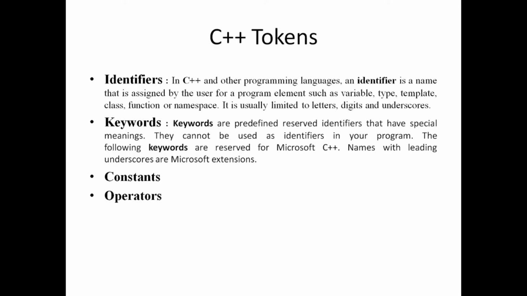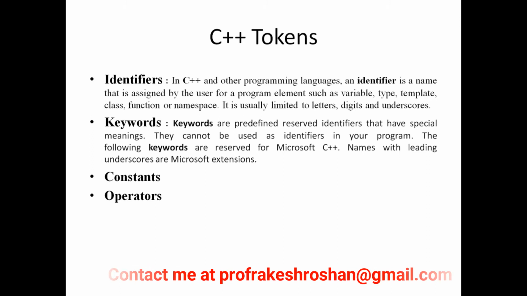Then next one is C++ tokens. Actually, C++ tokens are the building blocks for writing C++ programs. First of all, this is the identifier. In C++ and any other programming language, an identifier is the name assigned by the user to a program element, that is variable, type, template, class, function, etc. That means whatever name we give to variables, data types, templates, classes, and functions is called an identifier. And these identifiers are limited in some ways: in an identifier you can only use letters, digits